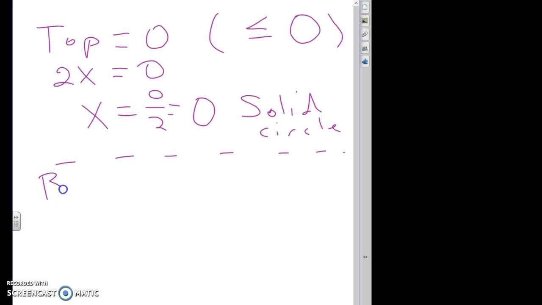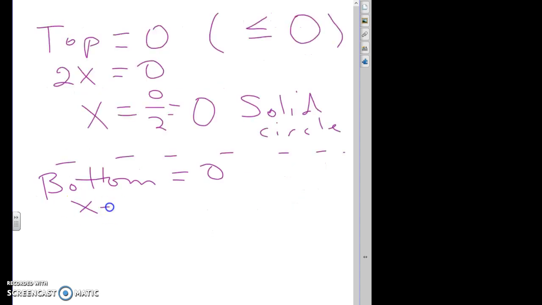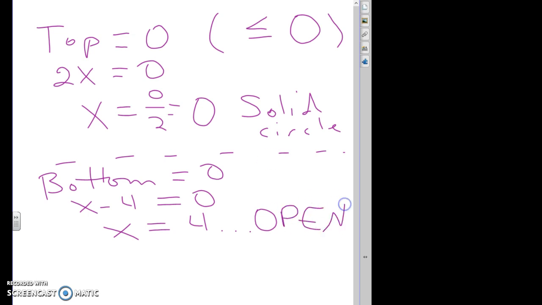Okay, but then I'm going to solve the bottom equal to 0. Okay, x minus 4 equal to 0. And so at x equals 4, since that came from what makes the denominator 0, which means we don't ever want to use it, that will get an open circle, even though we had or equal to in the given problem. Okay, so we're splitting up the number line this time. We've got 0